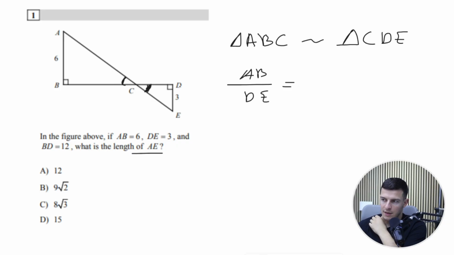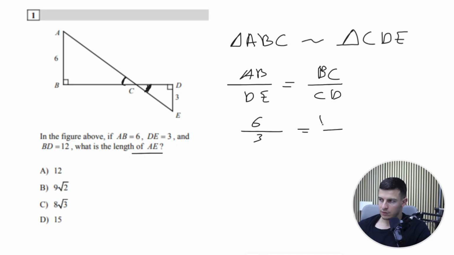We know BD, which is 12. It should be in the same proportion of BC over CD. So AB over DE, 6 over 3, is equal to BC over CD,